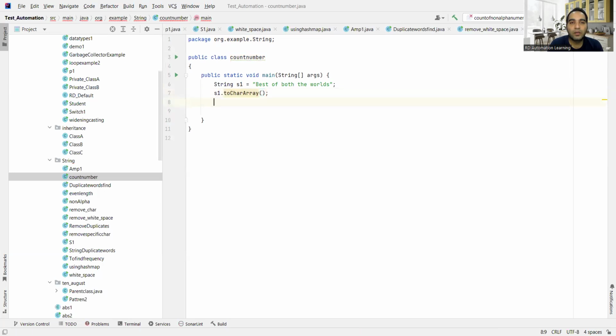right? And we'll also define one variable with the data type integer, because you need the count, right? The count will always be a whole number. It cannot be a decimal or a fraction value. So you have to take the data type as integer only. Integer count equal to 0. Then